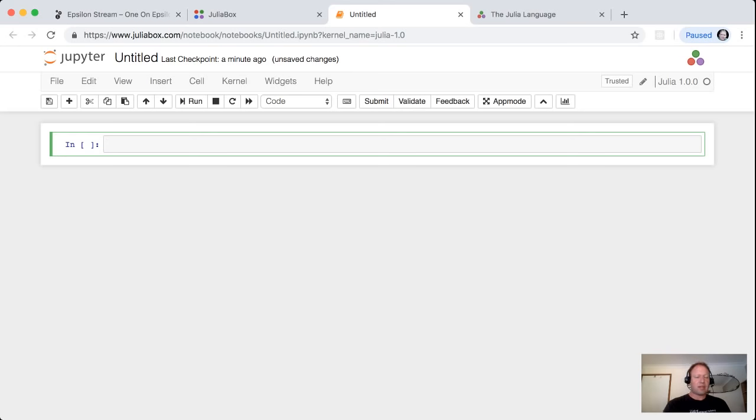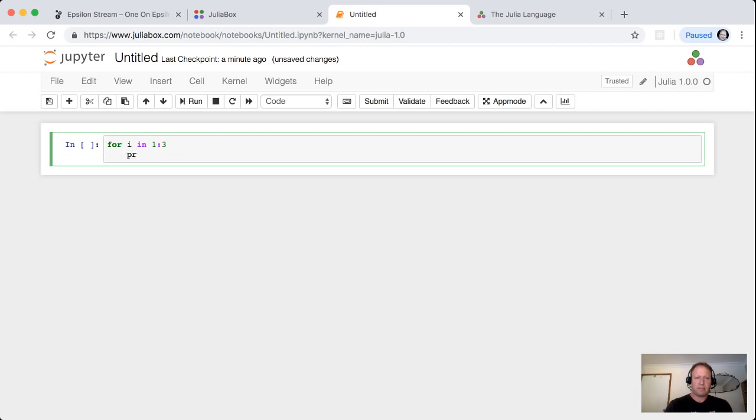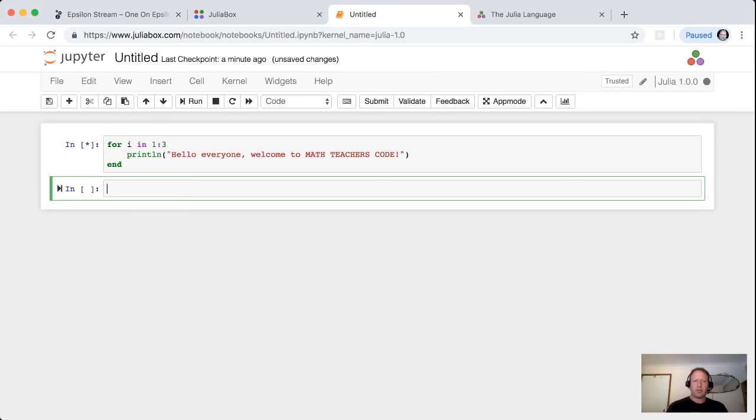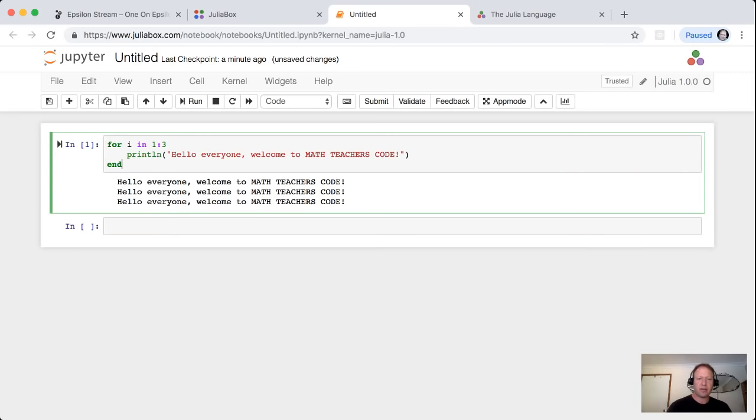So before I do anything else, I'm going to code straight away just so we see that this thing actually runs code. So I'll do for i in 1 till 3, println, "hello everyone, welcome to Math Teachers Code." You don't have to do this live. And to run this cell, I hit Shift Enter, and we've got our output. So this was our little program. Okay, we're going to do much more than this, but you see this is our programming environment,